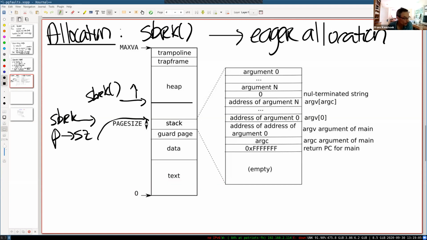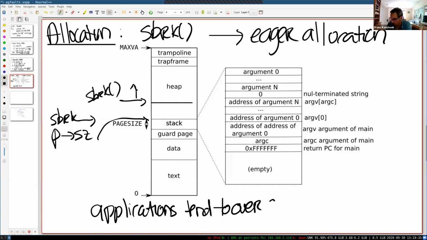Namely, as soon as sbrk is called, the kernel will immediately allocate the physical memory that the application is asking for. And it turns out that in practice, it's actually hard for applications to predict how much memory they need. So typically applications tend to over-ask. They ask a lot more than they really need, which means that basically the address space will grow quite a bit, even with memory that's actually never